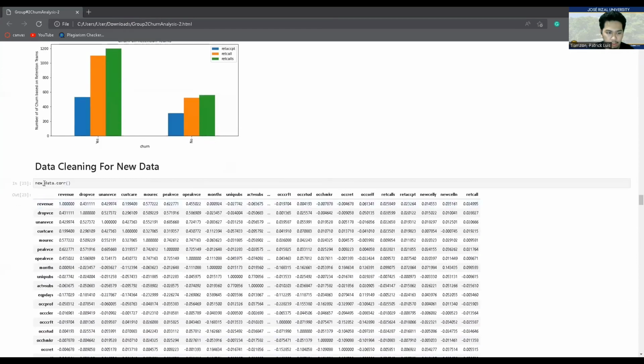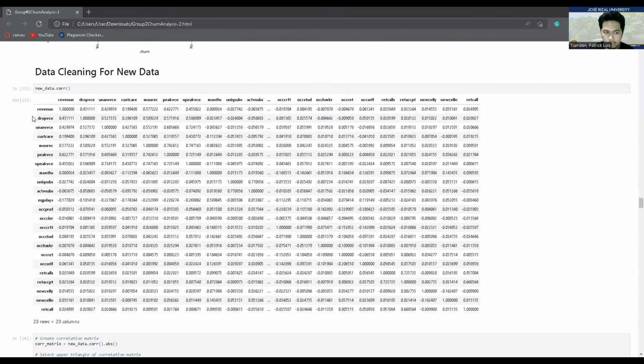So let's proceed with the data cleaning for the new data. After getting the new data, we just simply use the correlation. So here is the output.